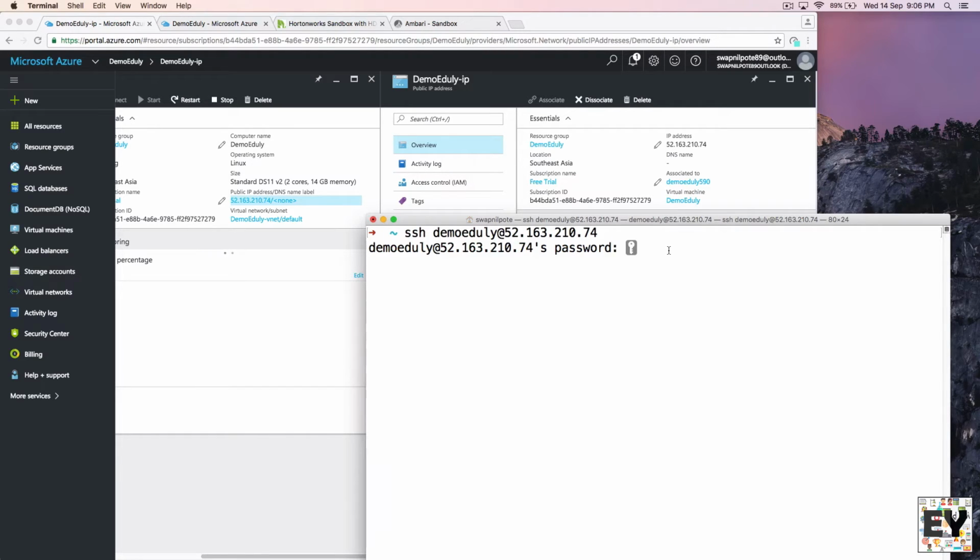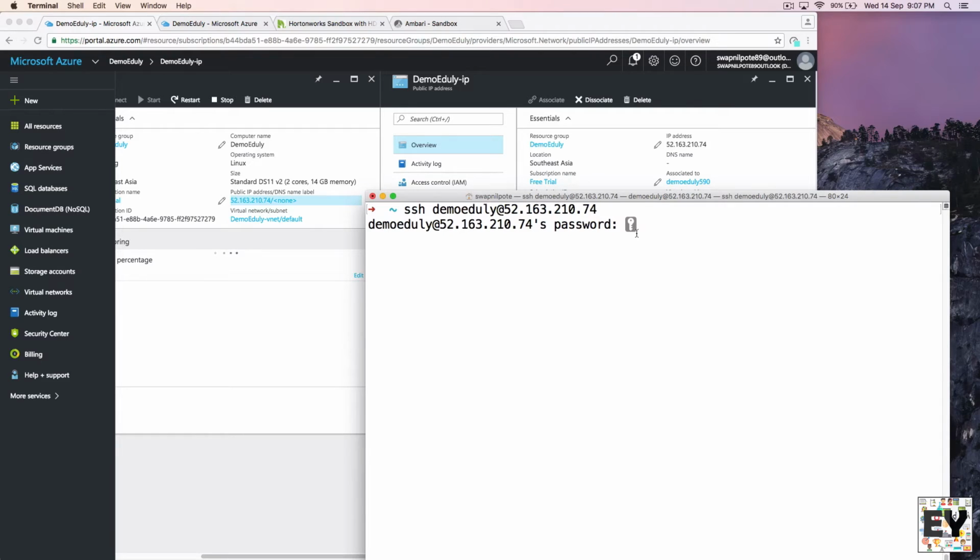Every time you enter this command, it verifies your machine, so just type yes and don't worry about it. After that it will ask for the password. Enter the password which you set while creating your virtual machine.